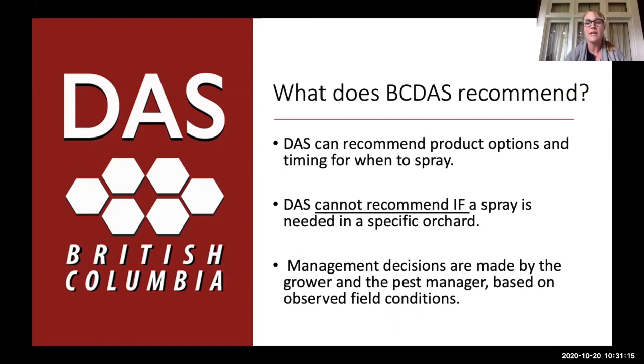However, BC DAS can recommend a general crop stage or a timing based on the information that the grower inputs for their orchard, as well as recommend a number of products that are available to the grower. And those management decisions of which product to choose itself are not going to be given by the BC DAS system. It's going to pull up a list, as you'll see, and the grower and their pest manager really have to then go out into the orchard, still do the scouting, still make the observations, but then come back to the tool in order to use that information.